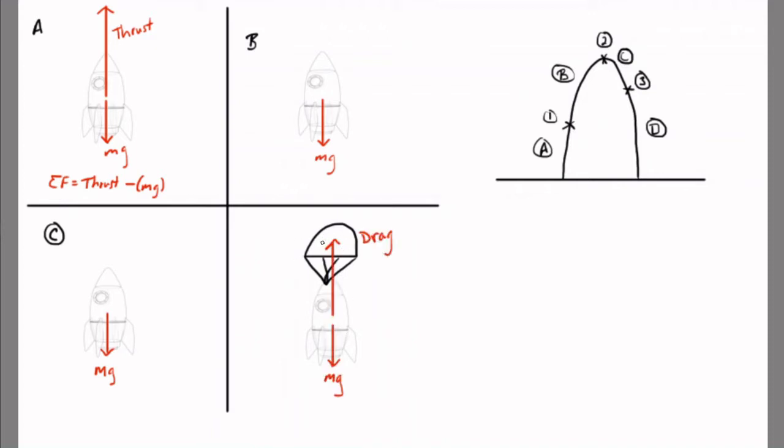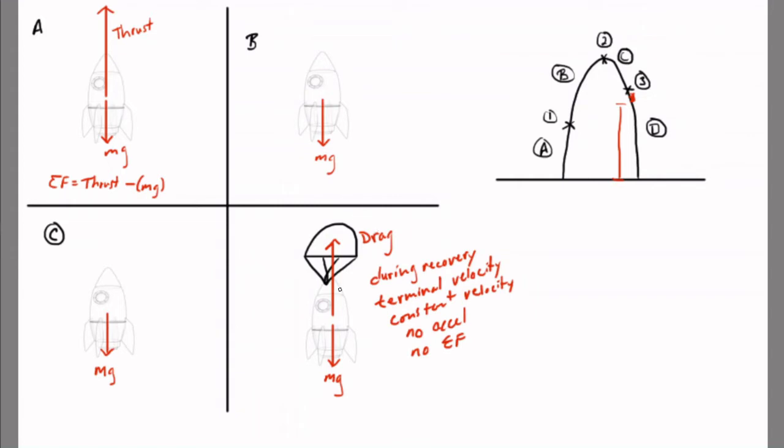So drag, because it's air resistance, depends on the velocity. The greater the velocity, the more the drag force slowing it down. And that happens until the drag force and the mg are equal. So we don't have to worry about that transition, that point just after number 3, where it's changing its velocity. We're really just focused on the point of part D where it's in terminal velocity. Terminal velocity just means constant velocity. So I'm just going to write that down here. We know that the magnitude of drag and mg are equal. In other words, the net force is 0, which means that drag